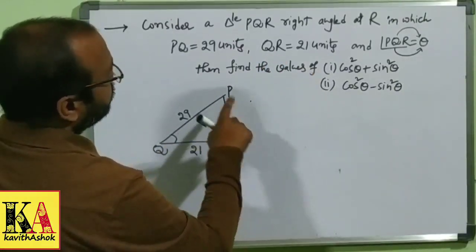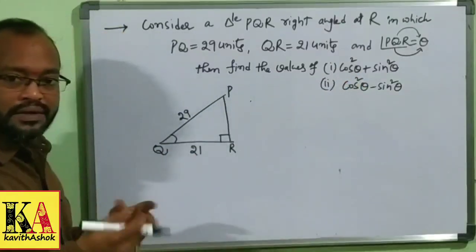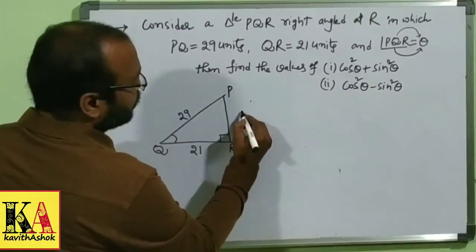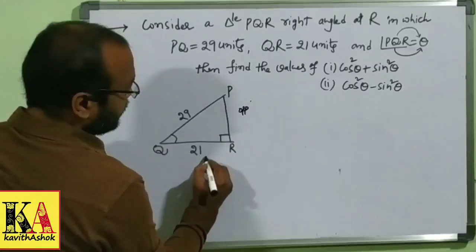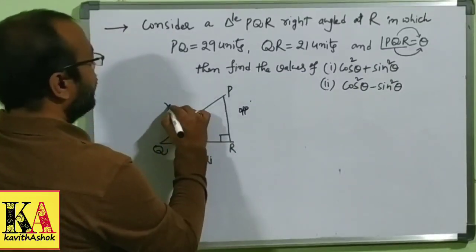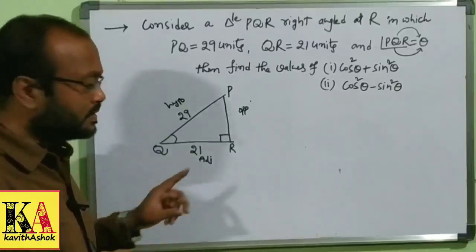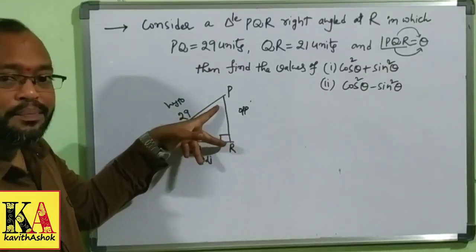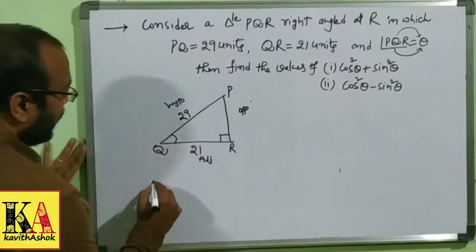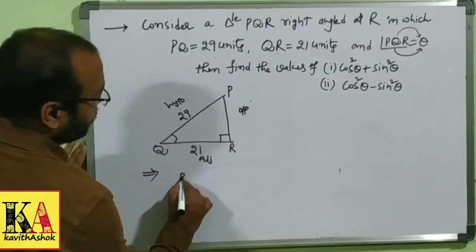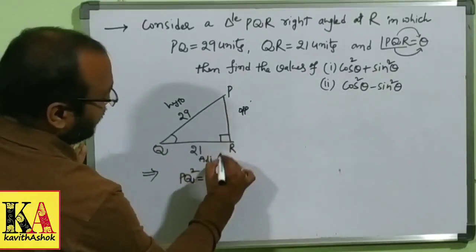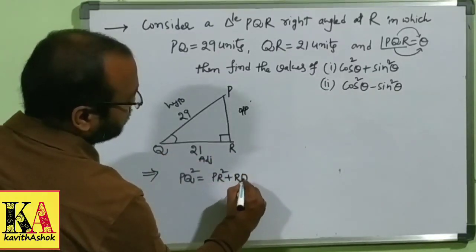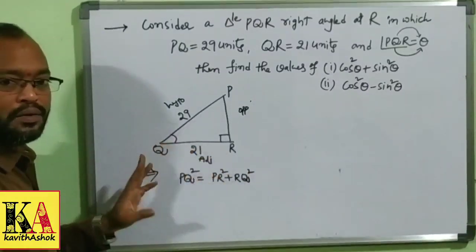Right. So we have to find out cos and sine. To find the sine and cos, we want the opposite side. We already know this angle, so this is the opposite side, this is adjacent and this is hypotenuse. Since this is a right angle triangle, by using our Pythagoras theorem, first we have to calculate the PR value. What does Pythagoras say? Hypotenuse square is equal to PR square plus QR square, or RQ square, whatever you want, you can write. Since this is a distance, QR or RQ, no problem.